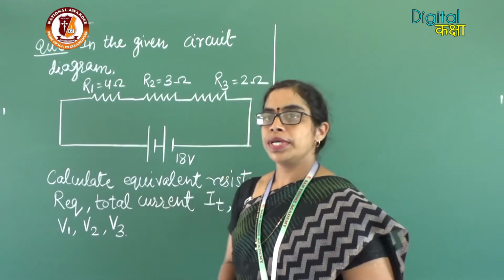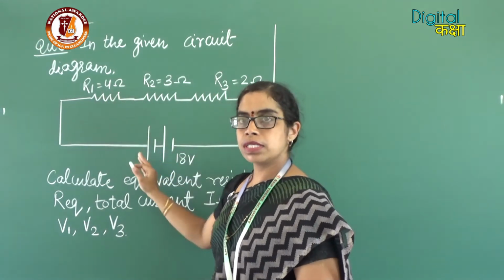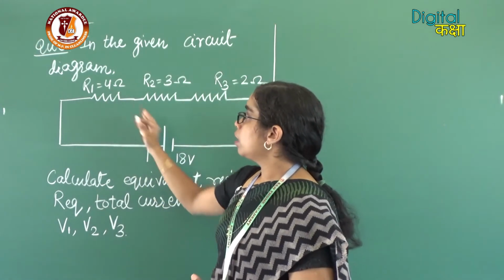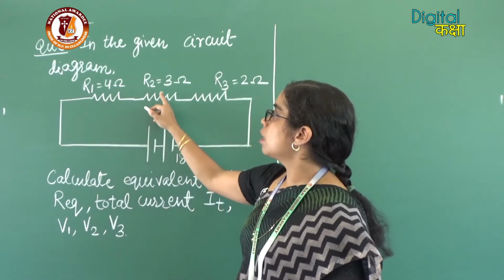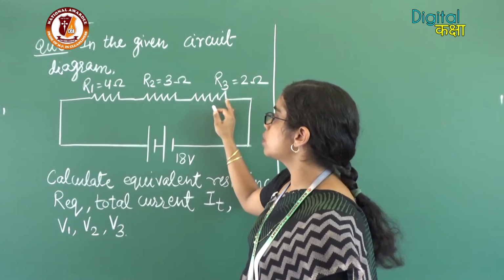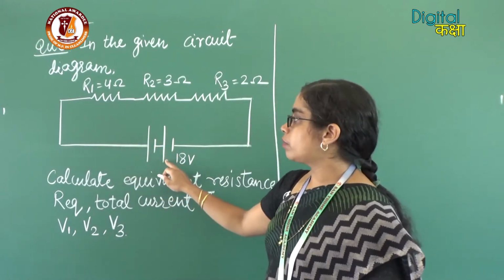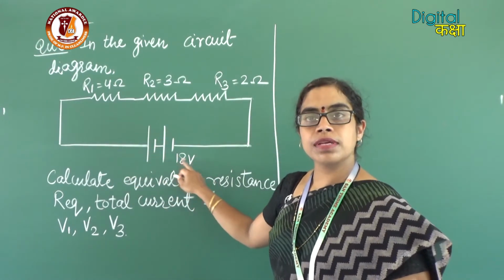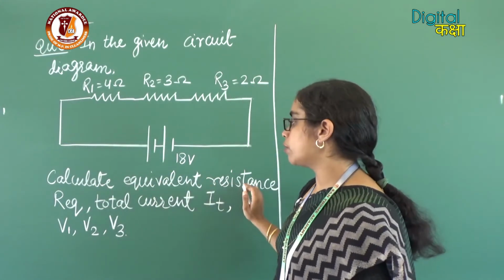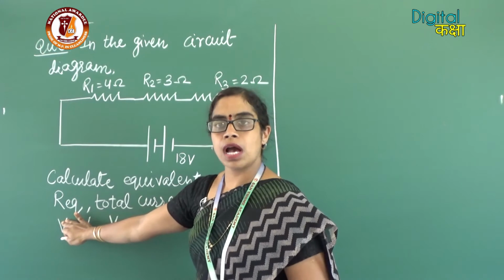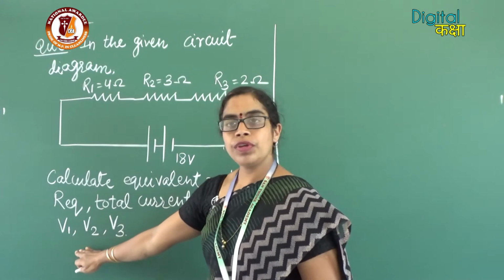So, here the question which is given is, in the given circuit diagram, where the three resistors of the resistances R1 4 ohms, R2 3 ohms and R3 2 ohms are connected in series combination with the battery whose potential difference is given as 18 volt. It is asked to calculate equivalent resistance, which is denoted as Req, total current denoted as IT, and V1, V2